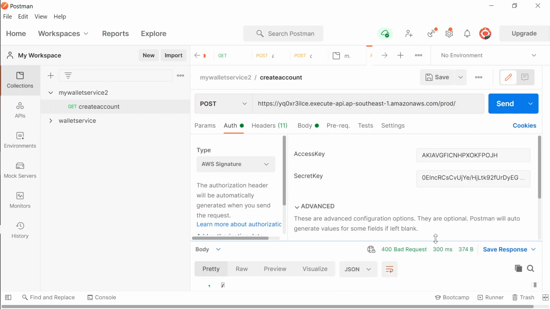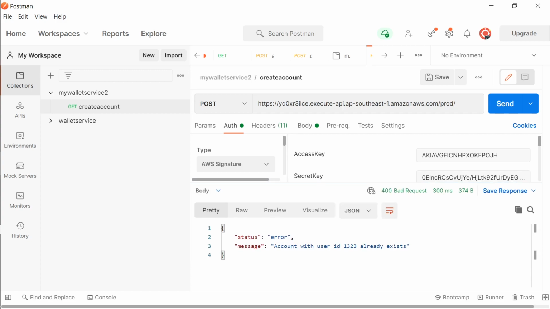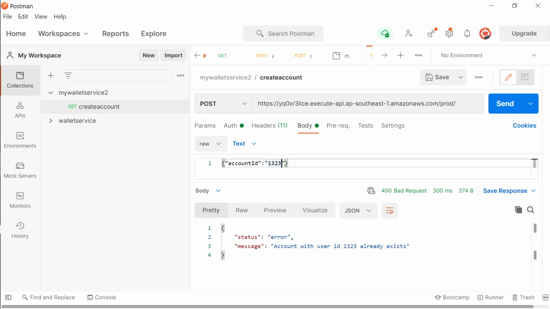So what did we get as output? It says, oh, it worked. You see, authentication worked. Now if I create a new account, so I'll go in the body. I got this error because account is existing, no? So I'll say 1099. This account is not existing, and this is with authentication. Okay, I got the answer.